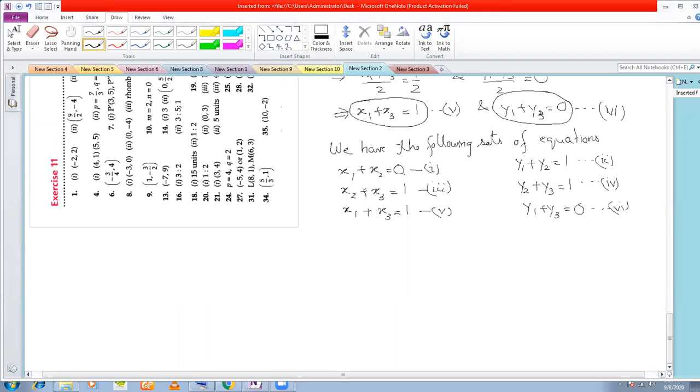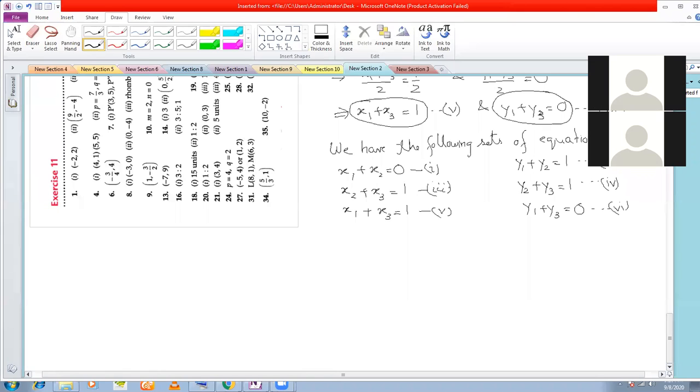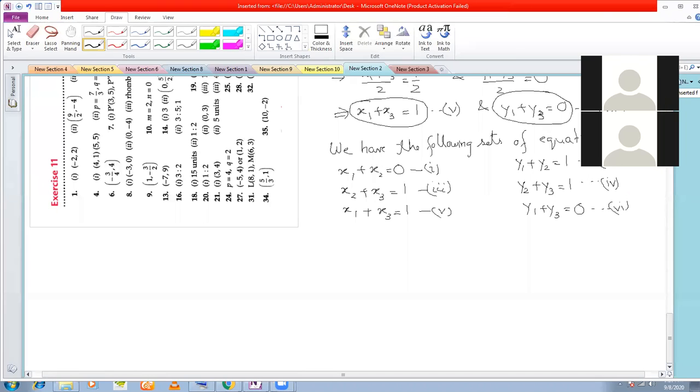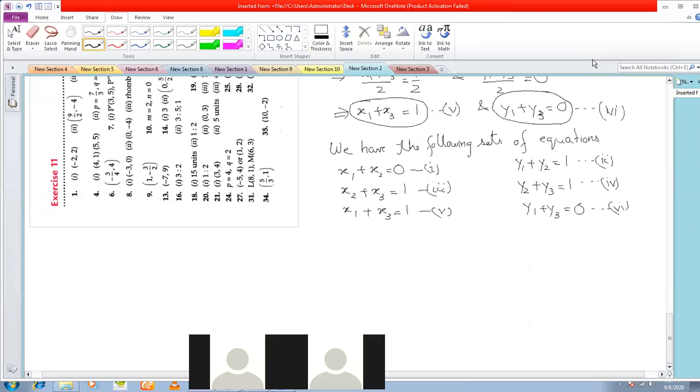Remember, whenever you get this kind of an equation, because we are going to come across this kind of equation later also in circles, in two or three problems, remember, whenever you come across this kind of a situation, if you have to solve these equations, what you do here is